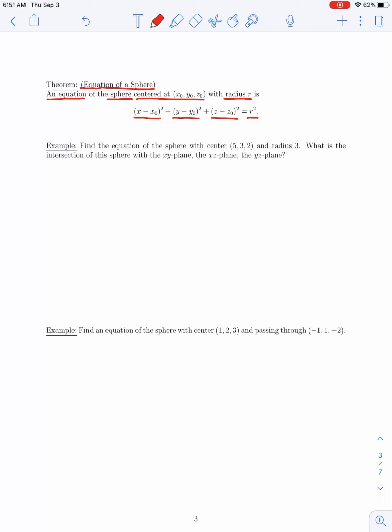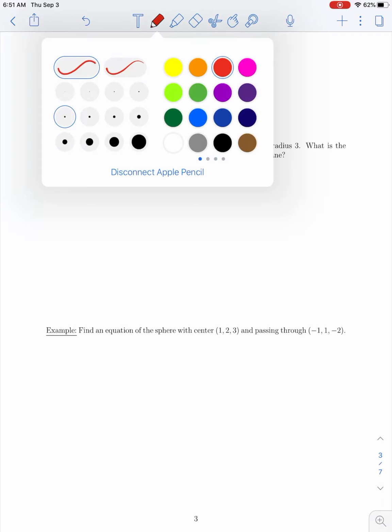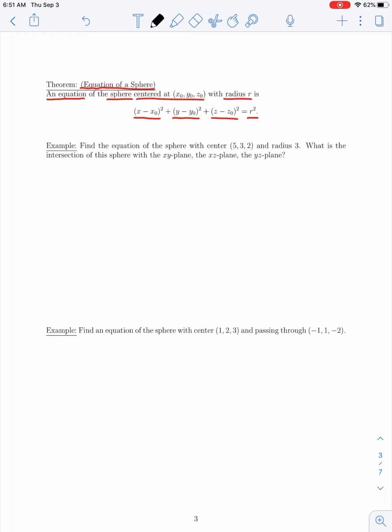So let's think about how a sphere is defined. So a sphere would be defined as the set of all points which are some common distance from a center point. And that distance from the center of our sphere to any point on the sphere is what we refer to as the radius. So a little scratch work here, we can say if we have any point x, y, z is a point on the sphere